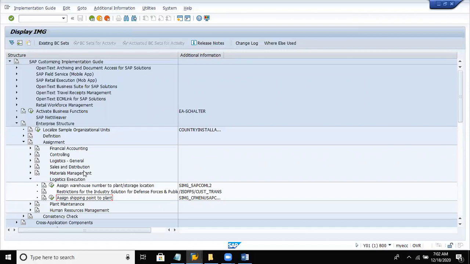So from where does this configuration take place, assignment? So shipping point to plant. So menu path is same: SPRO, SAP reference IMG, enterprise structure, assignment, logistics execution, then assign shipping point to plant. And the T code for the same is OVXC.